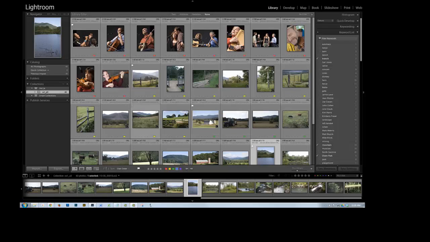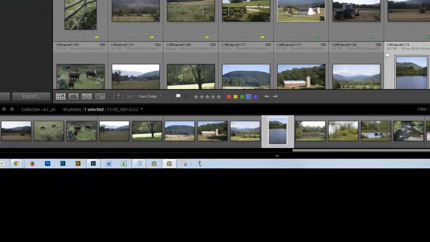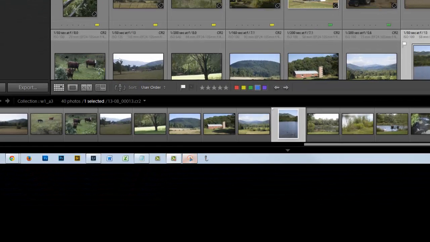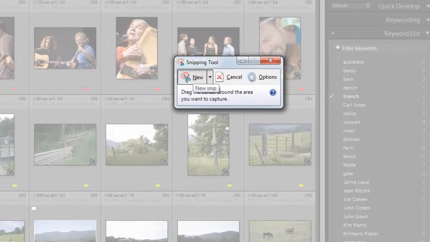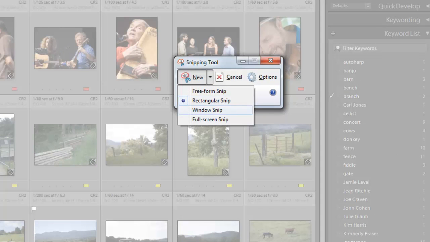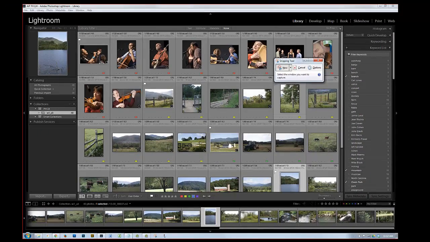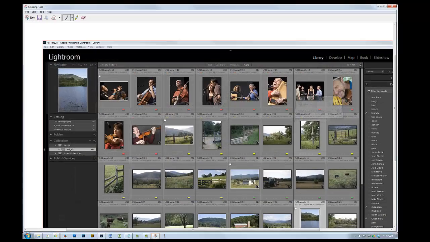So to do the screenshot, I use a program called the Snipping Tool, and I've got it conveniently on my desktop here, so I can just click on that, and that brings up the Snipping Tool here. And I want to do a new. If I click on that little arrow, I want to do a Windows snip, and it will bring up a dialog. And I click on this window to say yes, this is the one I want,